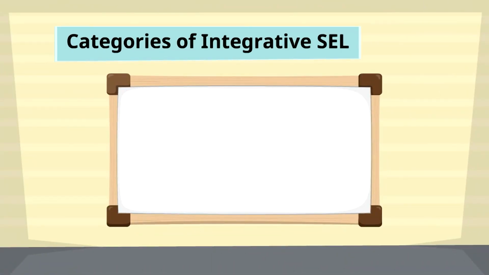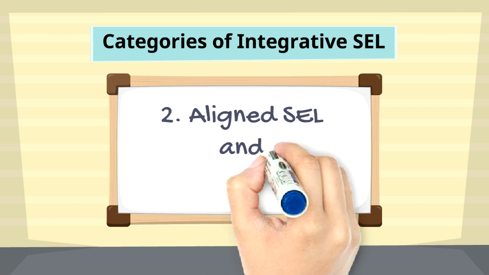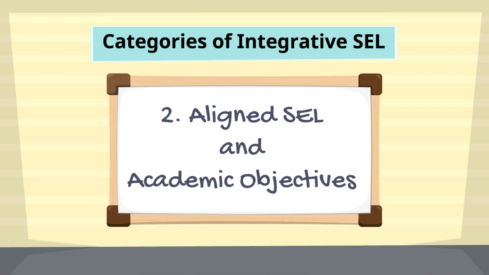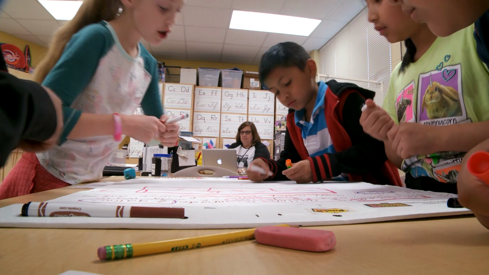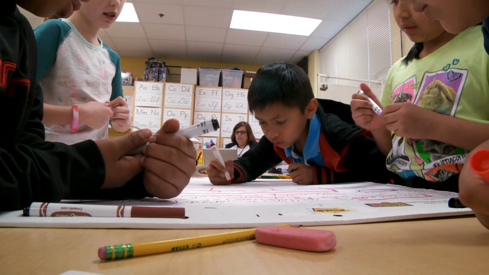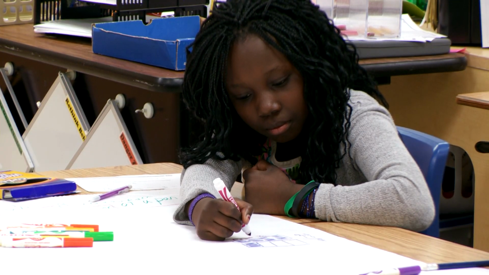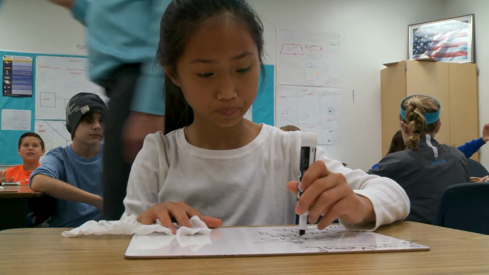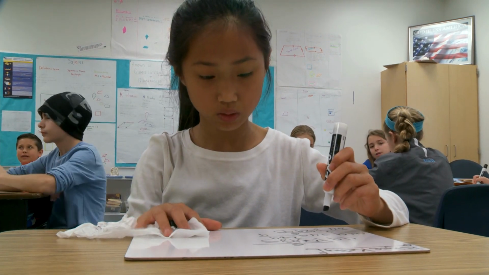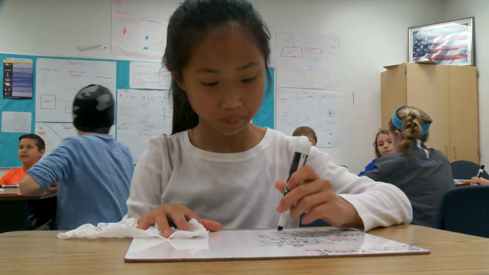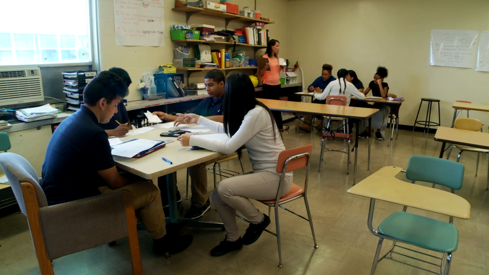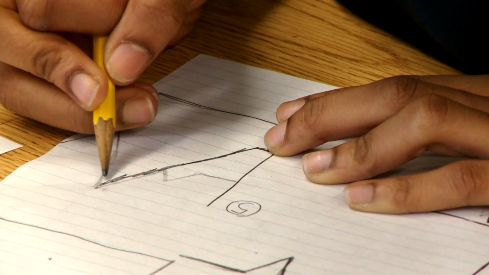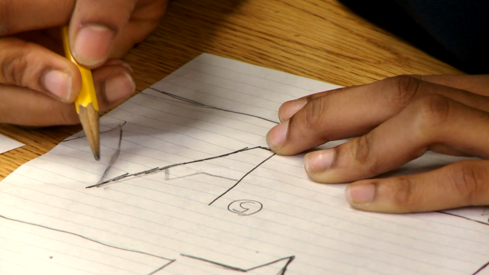connections. These aligned SEL and academic objectives, the second category in integrated SEL instruction, commingle through group work, respectful debates, journaling, and lessons. A math class, for example, that looks at fractions can be treated in a very conventional way, which just says these are numbers of a kind and they are parts of wholes and displayed geometrically and things like that.